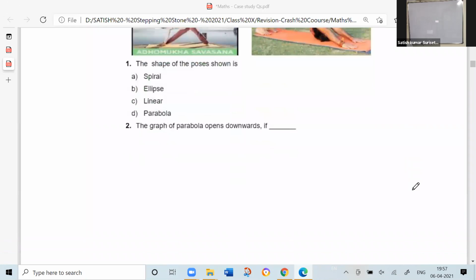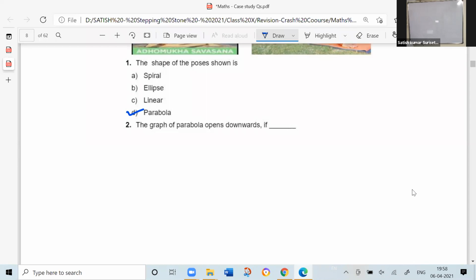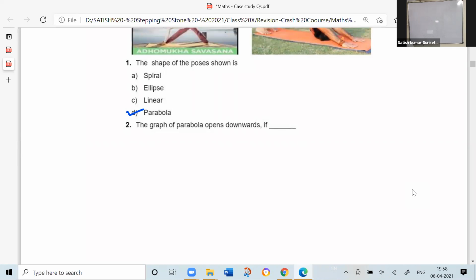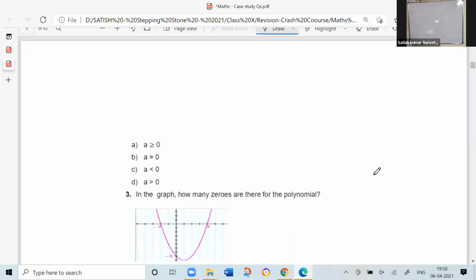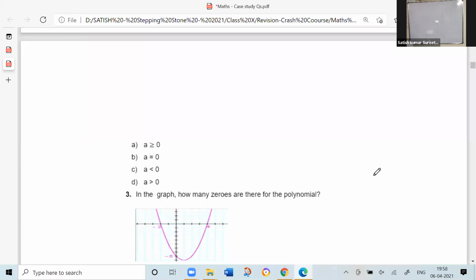Observe the questions. The first one, you can say easily. Sir, option D. Good. So the shape of the poses shown is a parabola, because the quadratic polynomial shape is always a parabola. Next, the graph of parabola open upwards if. Now remember, open upwards. So what could be the condition when it is open upwards? When the parabola open upwards,